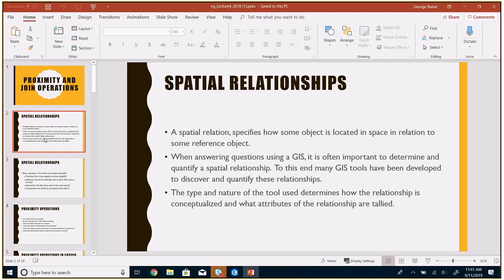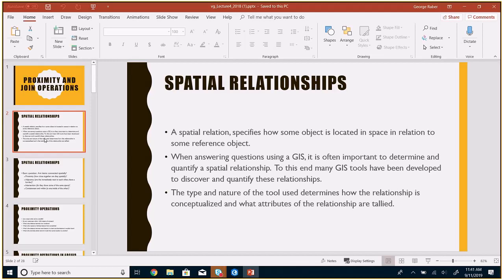So, in order to join two different attribute tables spatially, we need to talk about what a spatial relationship is. And so we have lots of different spatial relationships, and the spatial relationships are